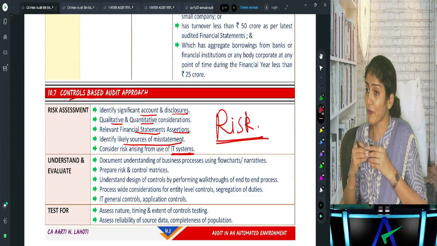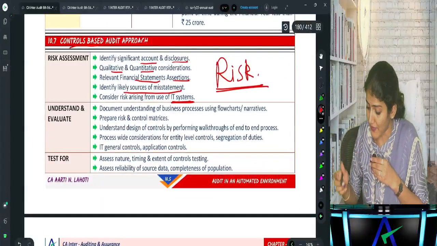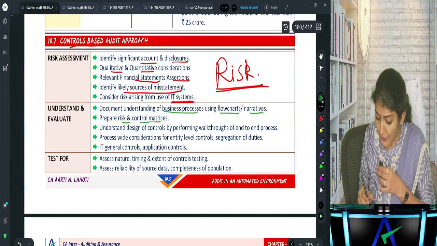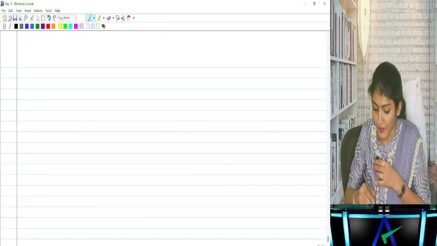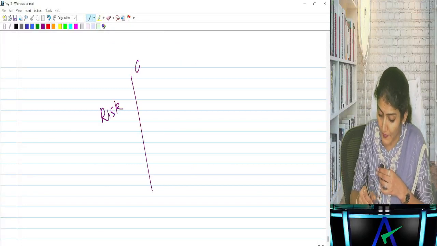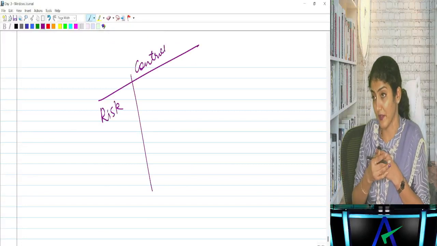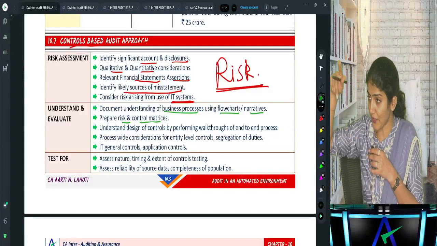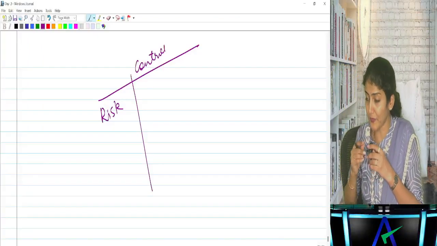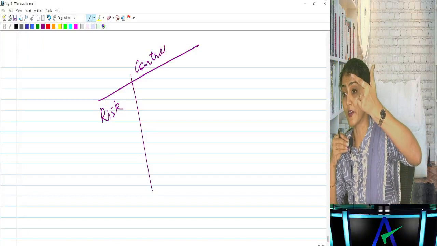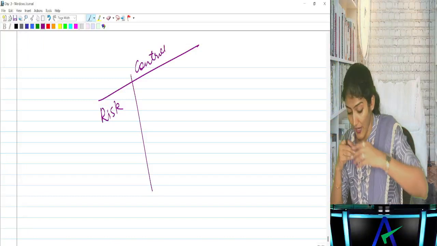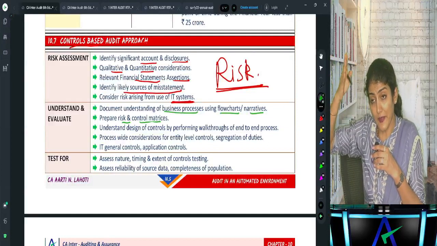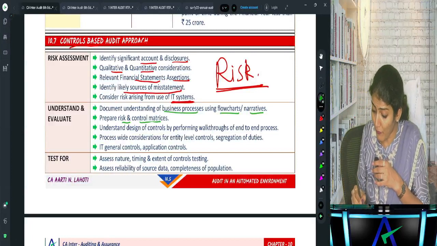So to check the control, first you'll have to understand the control. So how to understand the control? Either using the flow chart or the narrative. Then you prepare the risk and control matrices. Okay, auditors say there is a risk of over recognition of revenue. Then in order to prevent this risk, what control has been put in place by the management? And also risk and control matrices. So one, you understand the process by flow chart or narrative. You know the methods of evaluation of internal control: narrative, record, checklist, questionnaire, and flow chart. And out of that, they've mentioned two over there: narrative, records, and the flow chart. Then you prepare the risk and control matrices. Then you perform a walkthrough of the system.